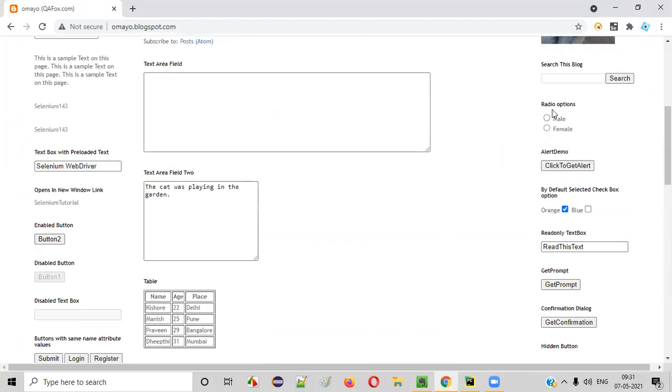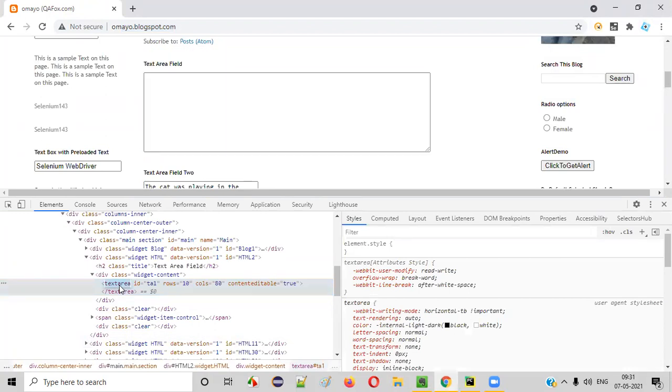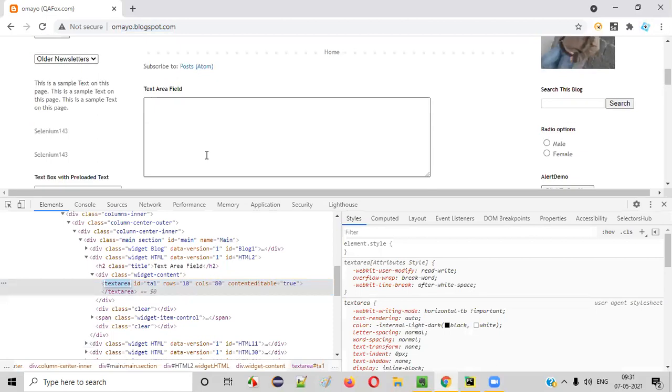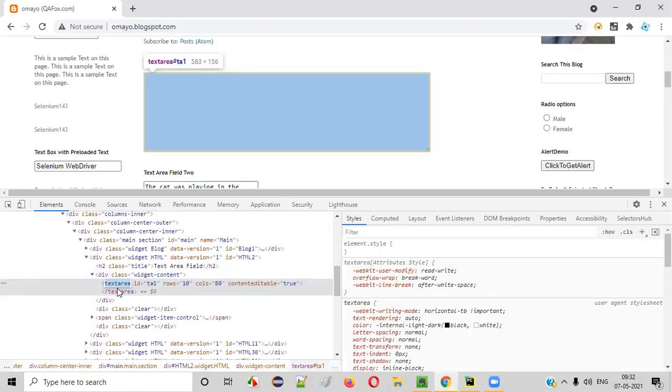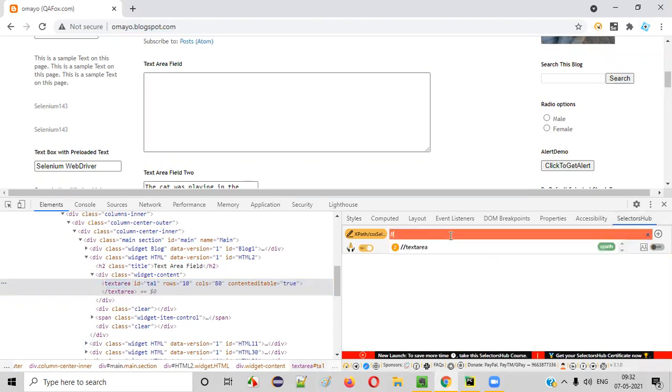I want to locate a particular UI element using its HTML tag. If I inspect this text area field, what is the tag, guys? Text area is a tag. Okay, text area is a tag. I want to locate this text area field using the text area tag. I can do that. Okay, so if I go to the selector sub here and if I search something like